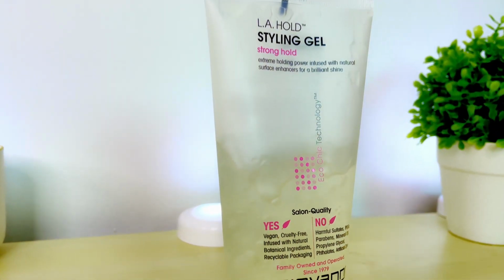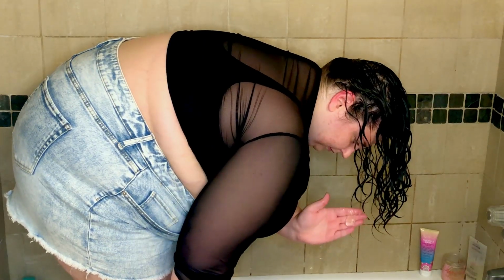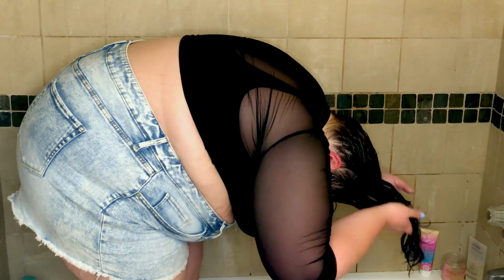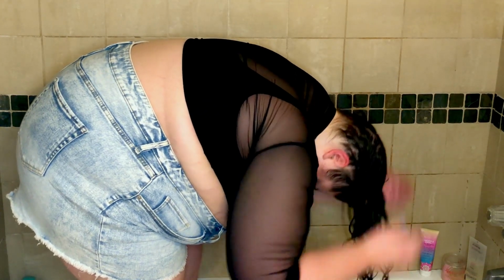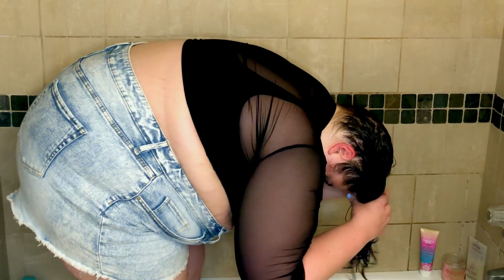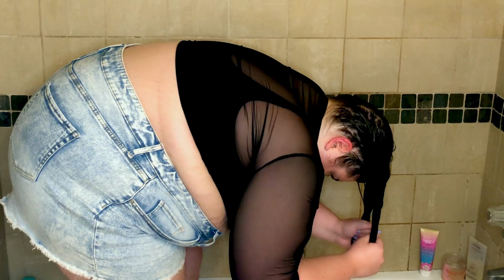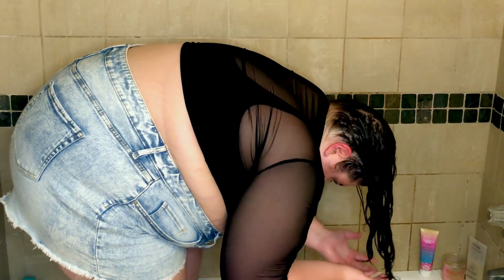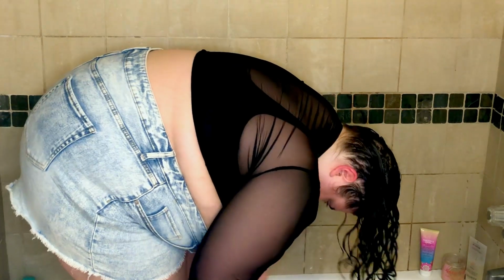Up next, I'm using the Giovanni LA Hold Gel, and again, 1 teaspoon. I'm applying this the exact same way as I applied the custard. This application technique ensures really even coverage, and again, it helps to encourage curl enhancement and definition. It also avoids the issue of hair sticking to the back of the head and all the clumps falling apart